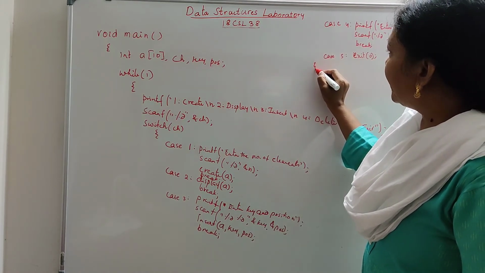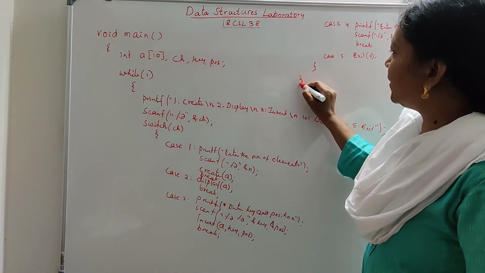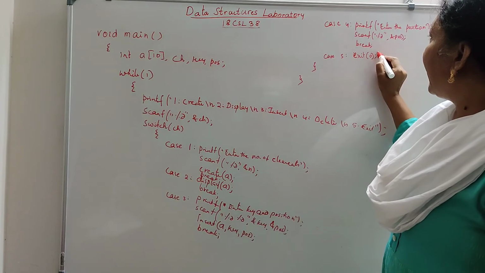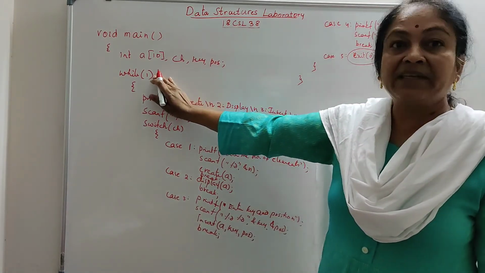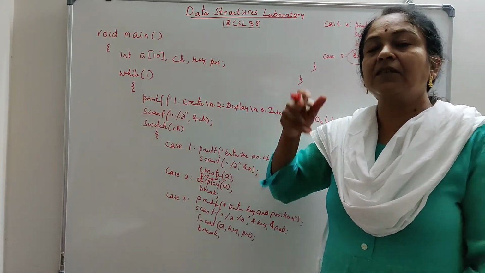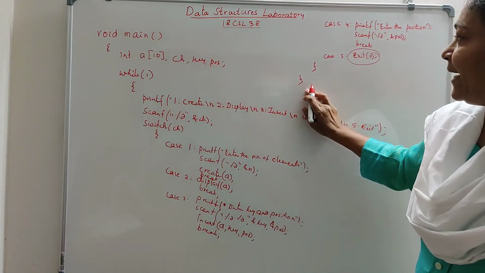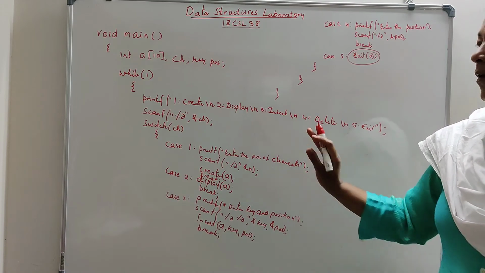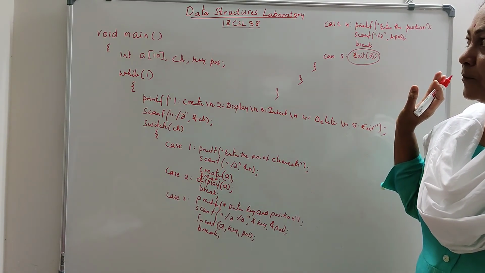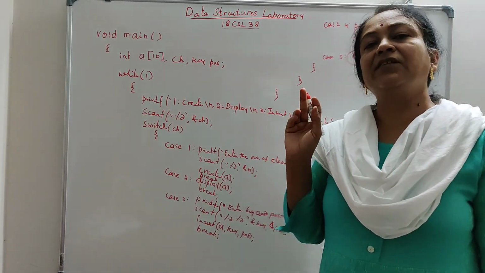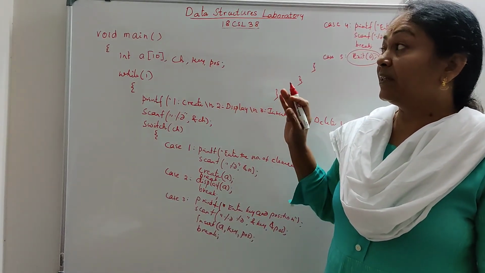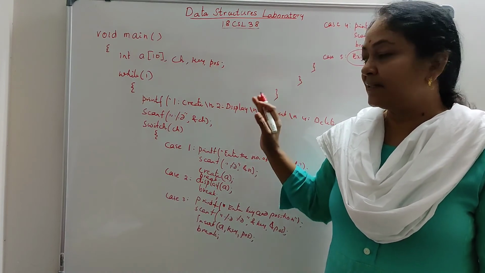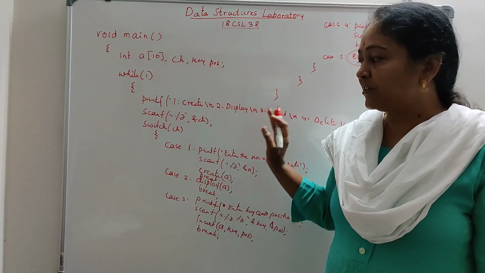Okay, so this is the end of the switch case and this is the end of the while statement. Because this exit of 0 is there, then while of 1 is safe. Otherwise, it will go into an infinite loop. So this is the end of the while loop and this is the end of the main function. So this is all about the first program. I mean, all the functions which are given in the question, every function has been addressed here. Every function has been written here.